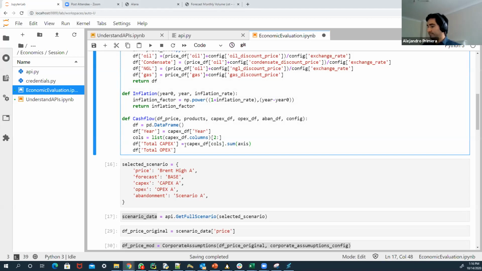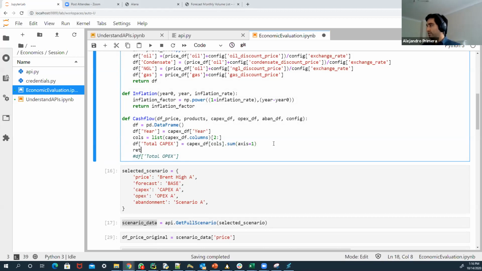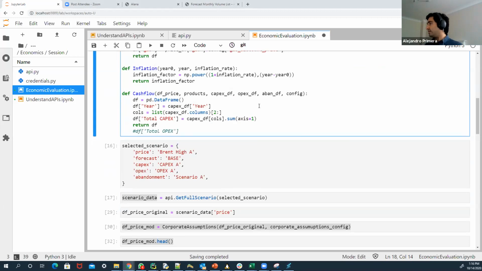Okay. So actually, as I start to develop this, let's see what's happening in the output. So this returns this data frame. And for the time being, let's call this cash flow function to see what's happening on the